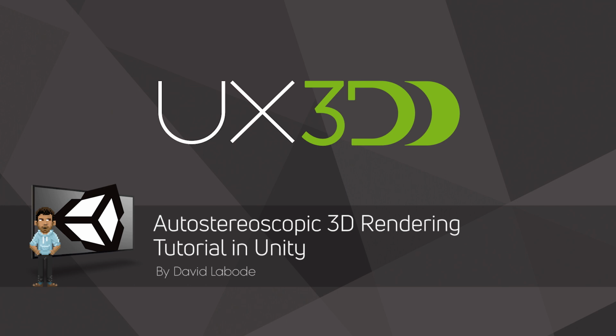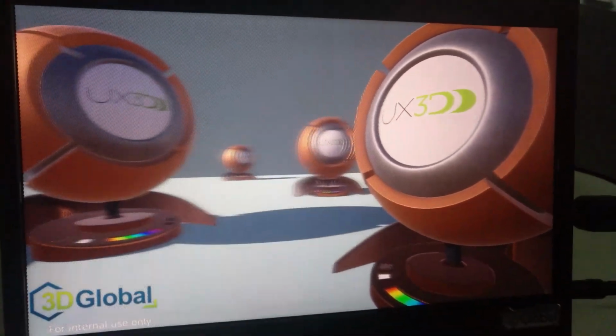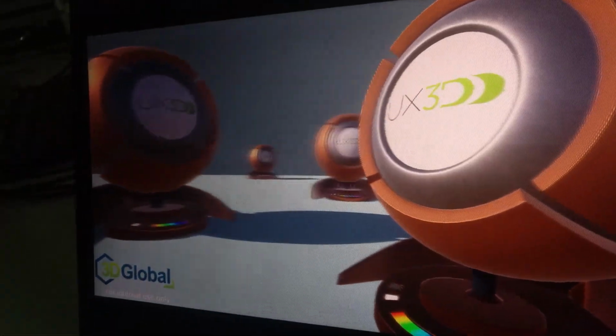Today I'm going to show you how to use the Autostereoscopic Unity Plugin to get any Unity project up and running on an autostereoscopic display by 3D Global, such as this one. To get started, open up your browser and go to